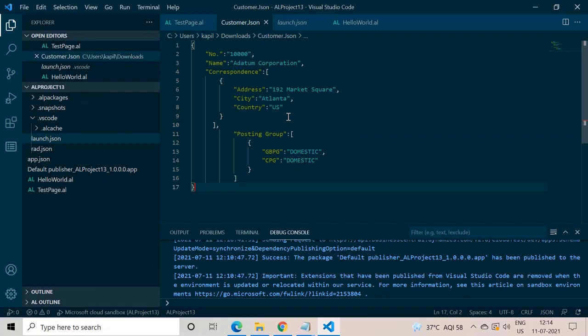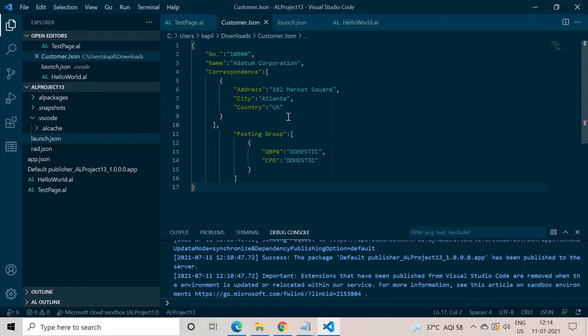I hope now you have understood the basic concept of JSON in AL and how to deal with it. In the second video next week, what I'm thinking is that we will read the data from a JSON file, but not by creating the JSON file manually in our local file system.